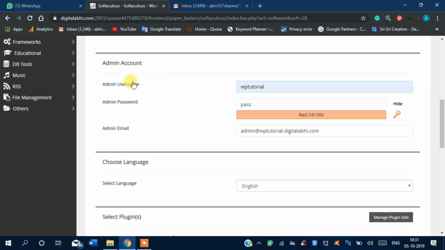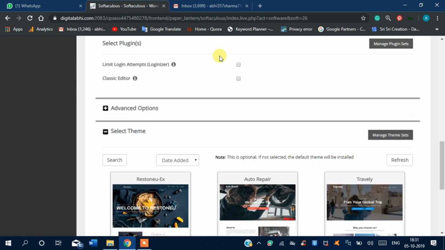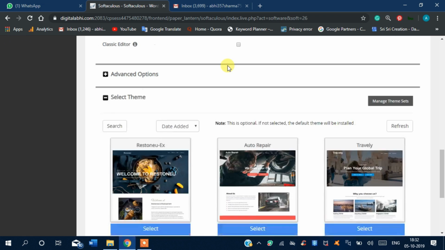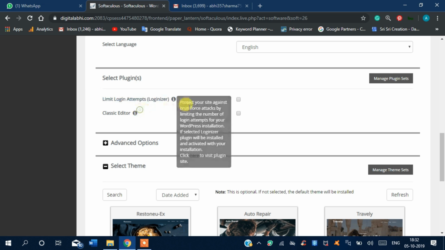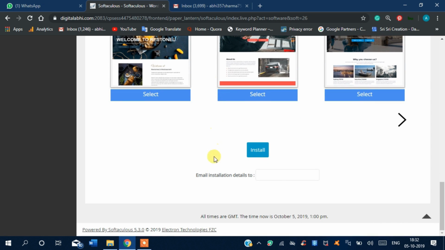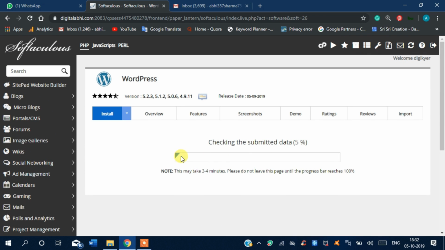You have to enter this username and password when logging into your WordPress dashboard. You can leave the rest untouched. You may tick limit login attempts, but it's not required. You can put an email where you want to get installation details, but that's also not necessary. Just click install, and the installation has started.